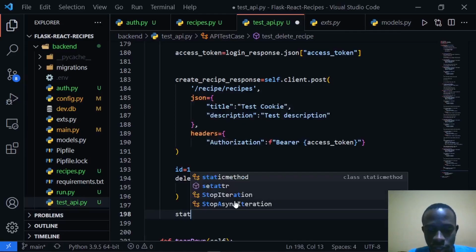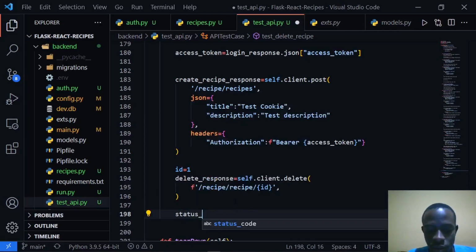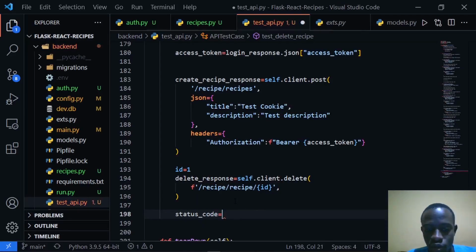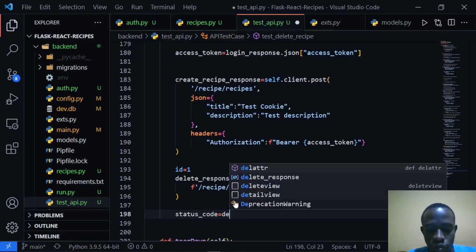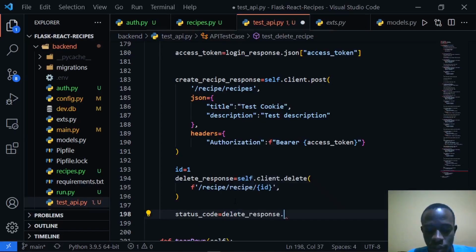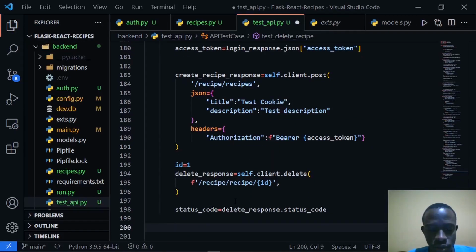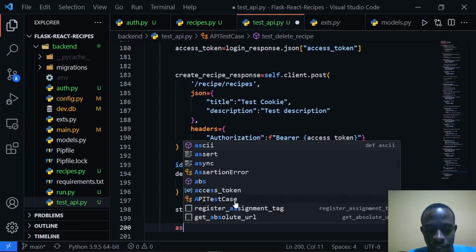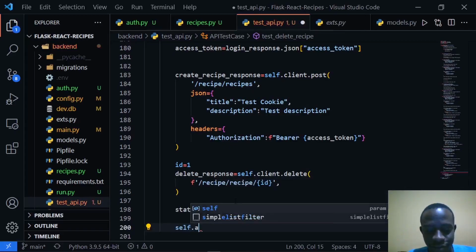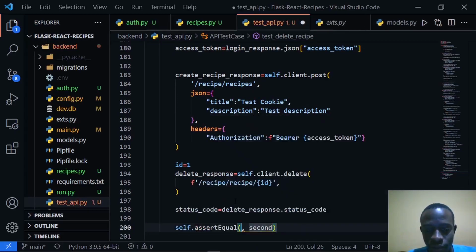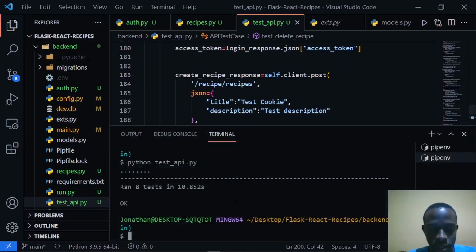So we shall say self dot assert equal, the delete response dot status code, if the status code is 200. So we are done with testing our delete route. So when we run this test file,